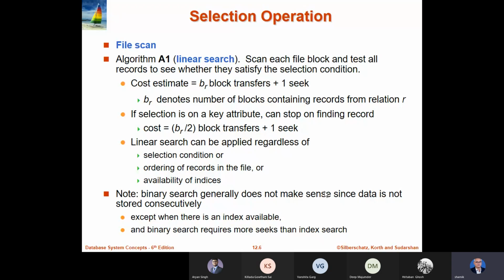So if the selection is on a key attribute, mind it, you will not be getting multiple such rows. As soon as you get the correct block where that particular row exists, okay, and if it does not exist, then of course it has to go through all of them. And if it is the primary key, then if it finds a record, it knows that there cannot be any more records. So it will just have this one block transfer. But on an average,